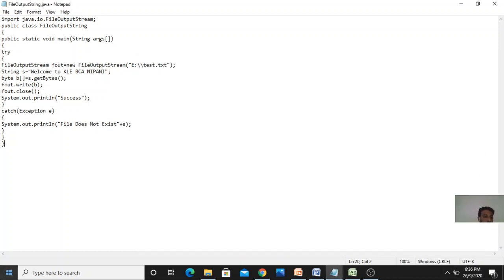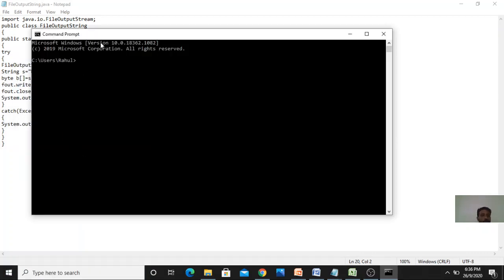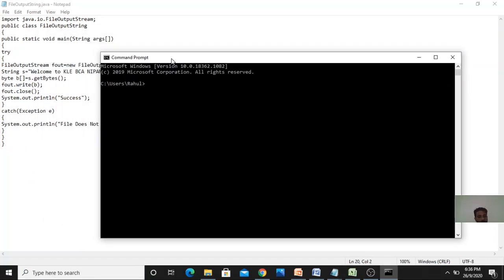Okay, so I will open the command prompt here. My file is available in the E drive, inside the Java folder. I will go to the E drive and change the directory with the cd command, cd java. Next I will compile the program with the help of the javac compiler.